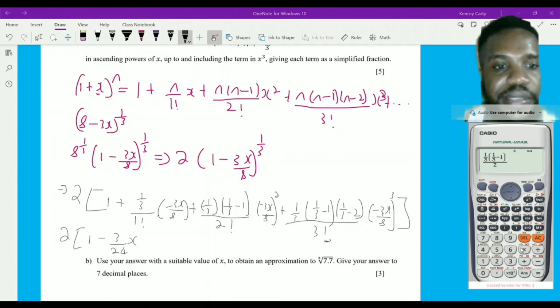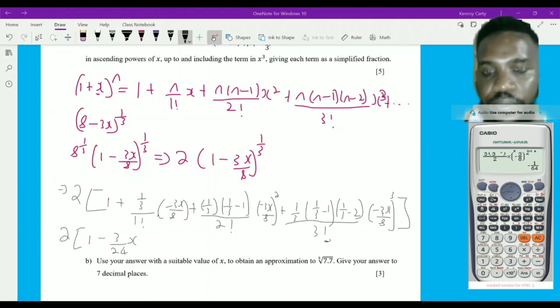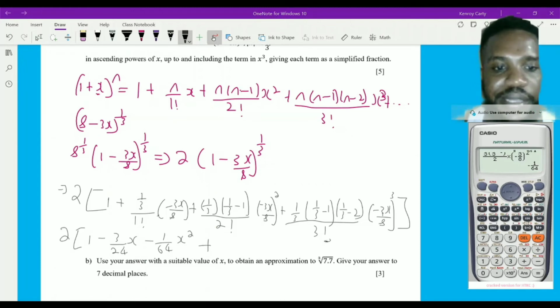Now look at what I'm going to do with this part. I'm going to multiply this by negative 3 over 8x to the second power. Now, of course, x to the second power is x squared, so that's no problem. So I want to pretend as if the x is not there and put the negative 3 over 8 squared. So open bracket, negative 3 over 8, close bracket, squared. Alright, that's going to give me negative 1 over 64. So I'm going to have minus 1 over 64 x squared, plus,